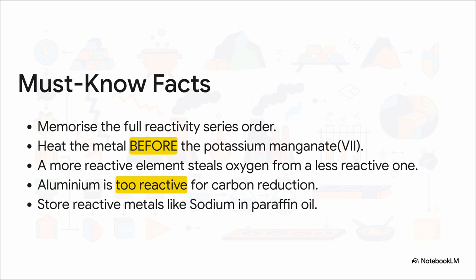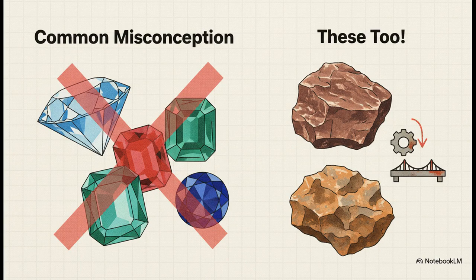It's why carbon can reduce iron oxide, but it can't do anything to aluminum oxide, because aluminum is way higher up the series and way more powerful than carbon. And please, please, don't get caught by this common mistake. When your exam paper uses the word mineral, please don't just think of shiny diamonds and rubies. In chemistry, even a boring-looking brown rock like hematite is a super important mineral,